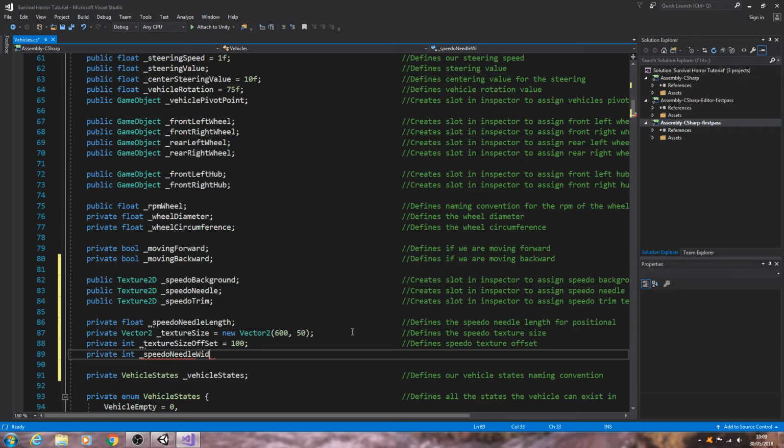needle width, and you can make these floats if you don't want to use a whole number, but I find these whole numbers work just fine, so I'll leave them as ints at least for now. Define speedo needle width,